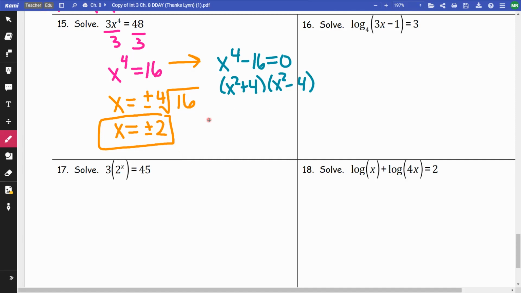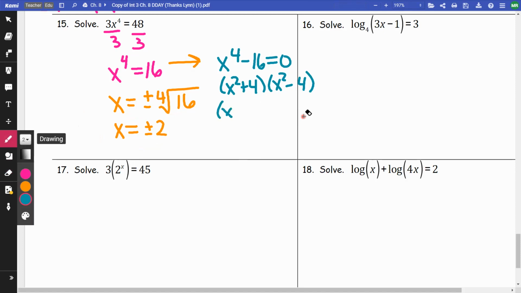And actually, wait, I'm going to get some imaginary answers here too. Sorry. So when I'm doing this, that's going to be my positives, but I am going to get imaginary. So I'm going to end up with x plus 2i